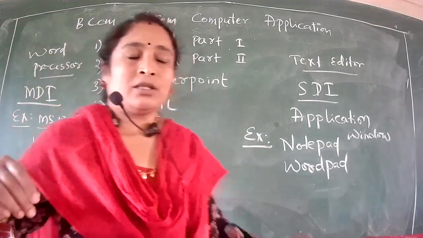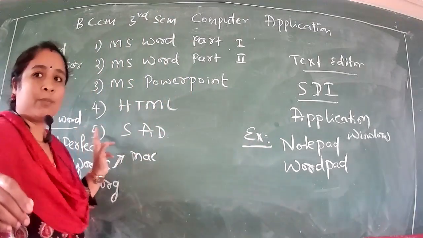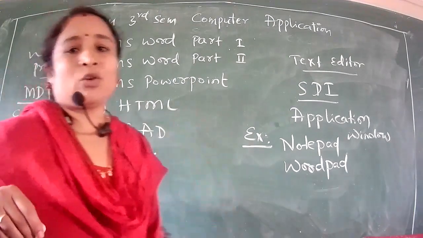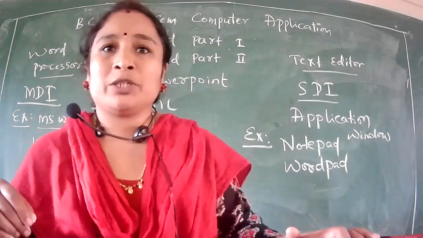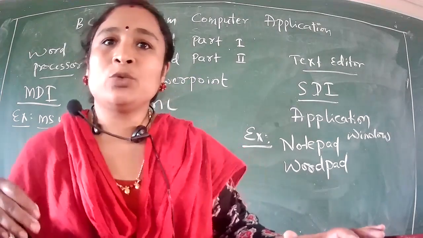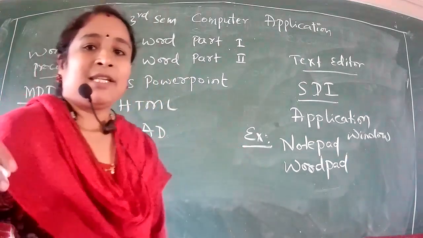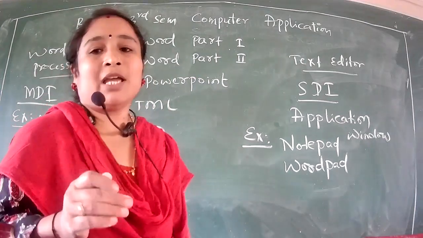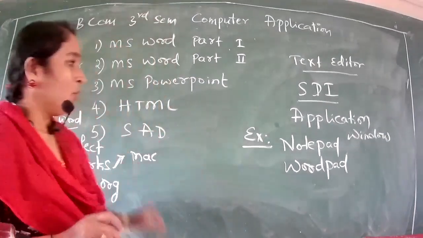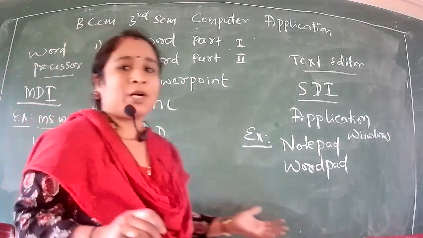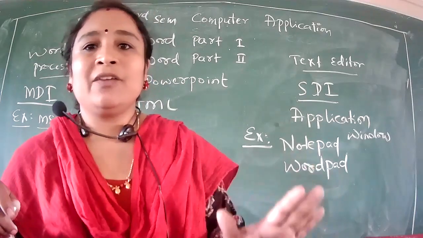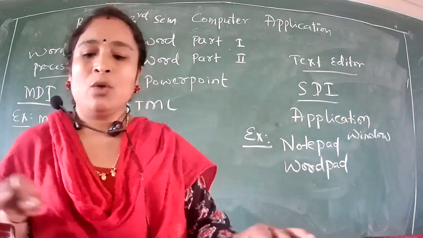But MS Word is very popular. It is a component of Microsoft Office, from the Microsoft company. Wherever you go for documentation purposes, they are using MS Word. MS Word has several versions, and in the university syllabus you have MS Word 2007. Different versions are there, and the latest versions are MS Word 2010 and MS Word 2013. This is about the definition of a word processor, examples of word processors, as well as the difference between a text editor and a word processor.